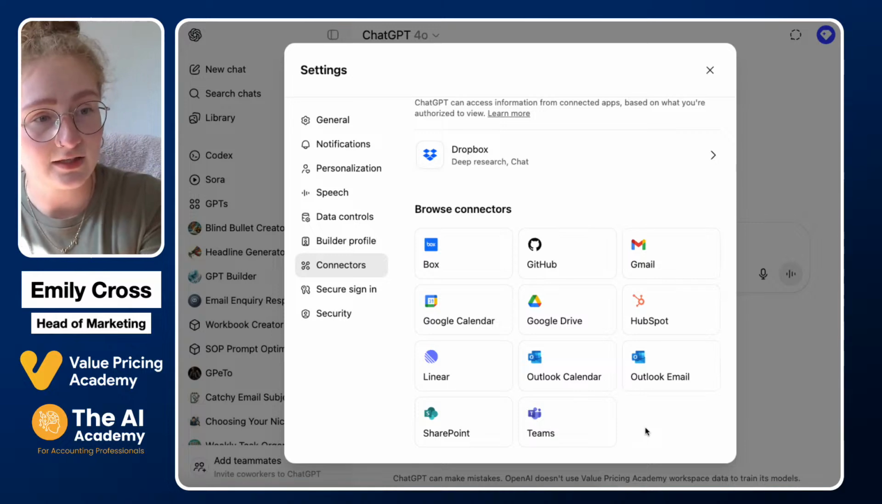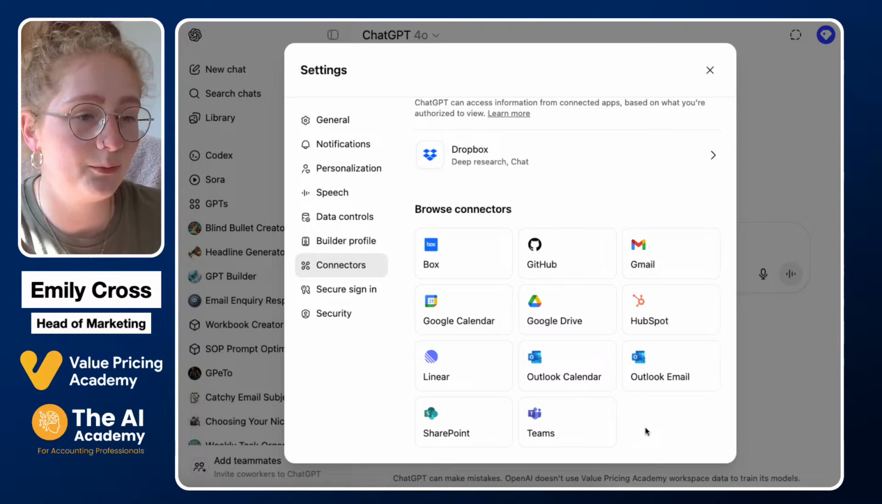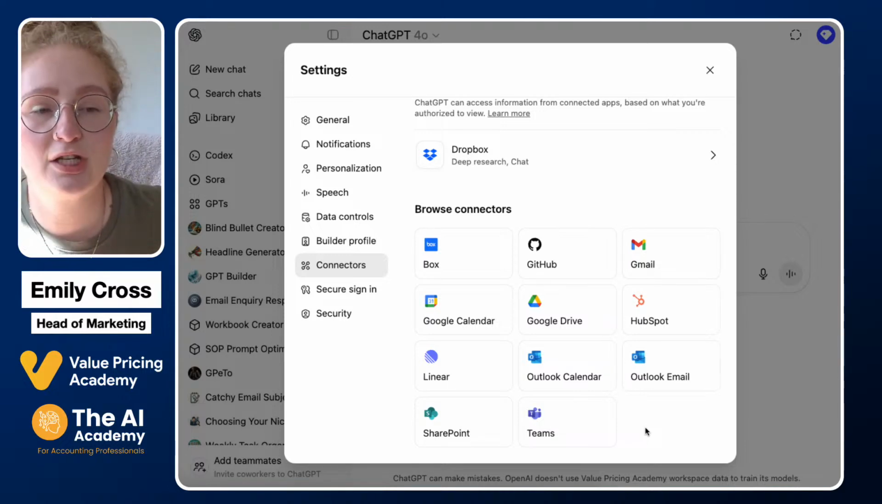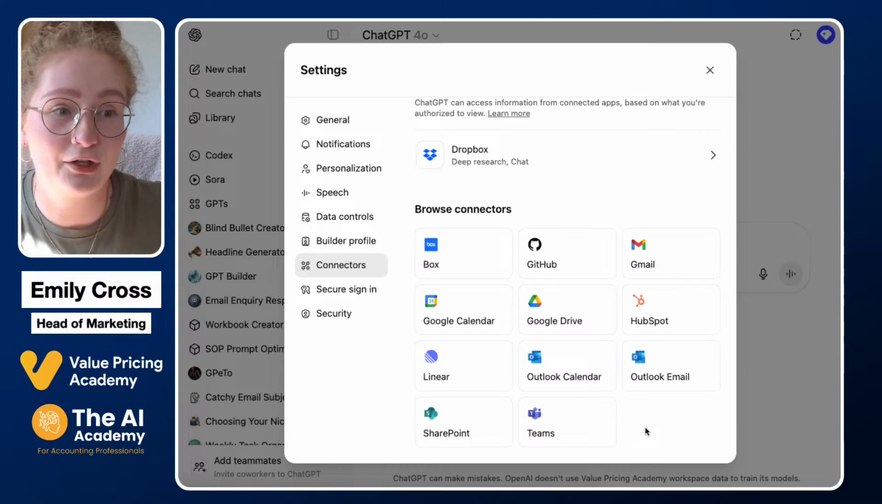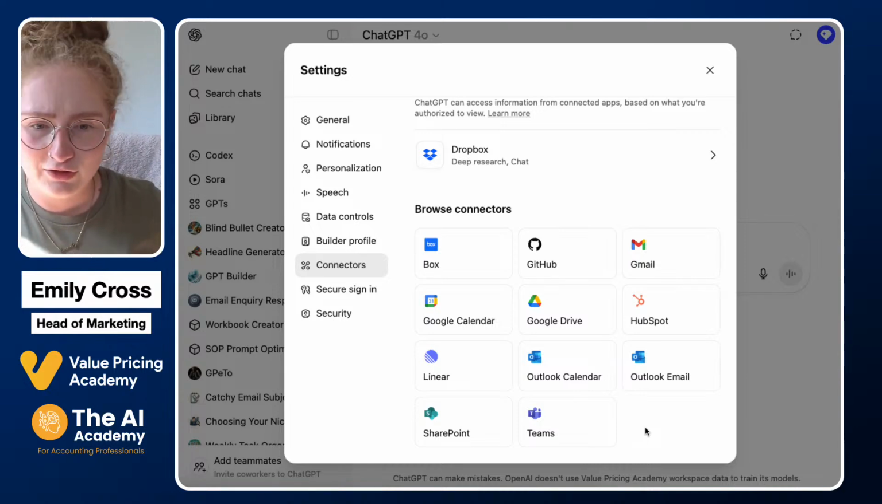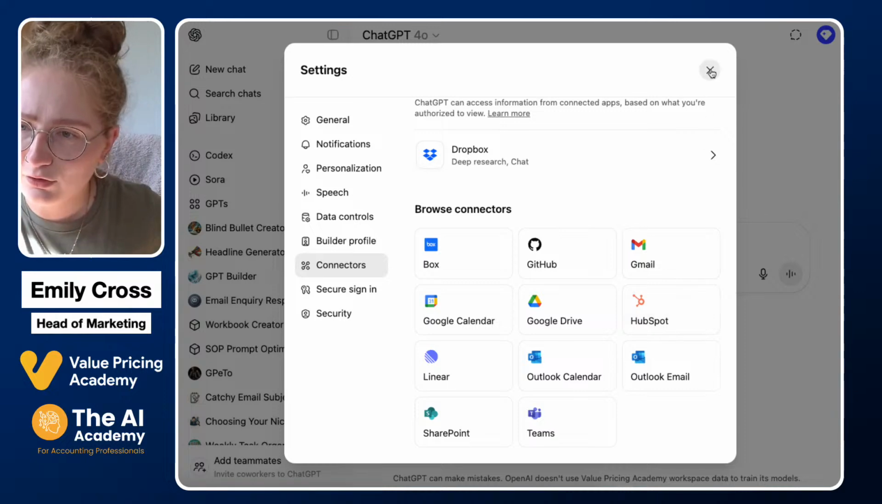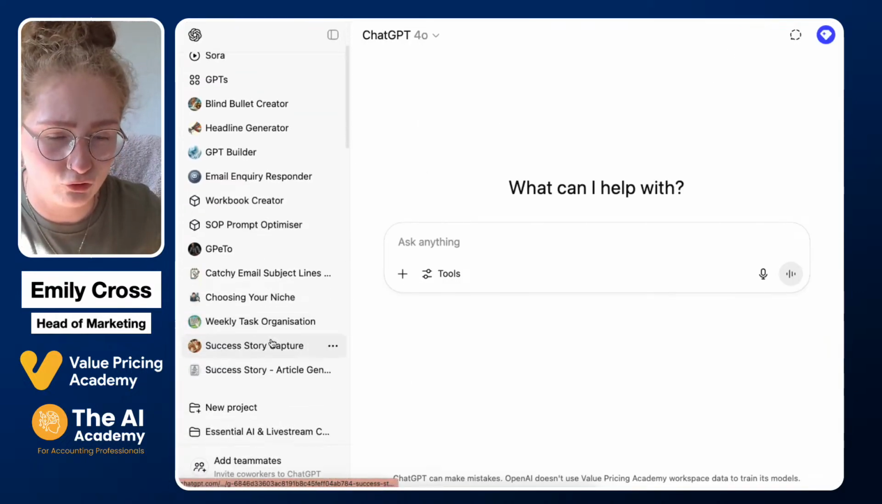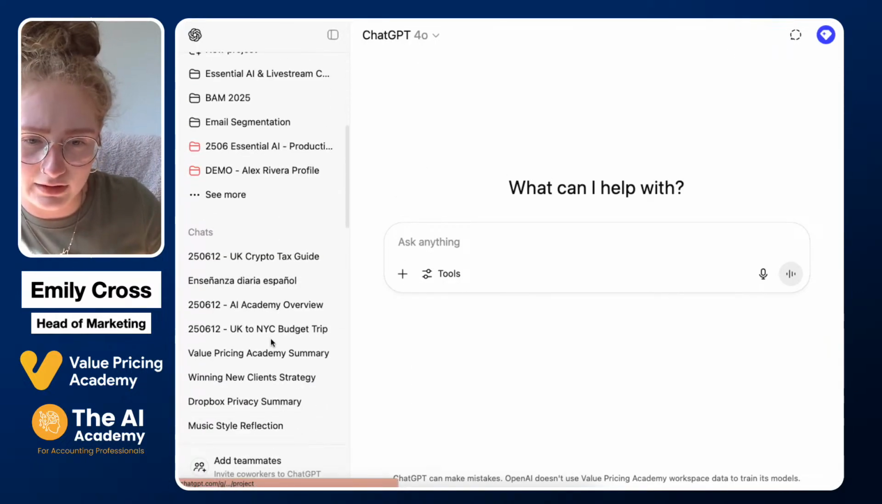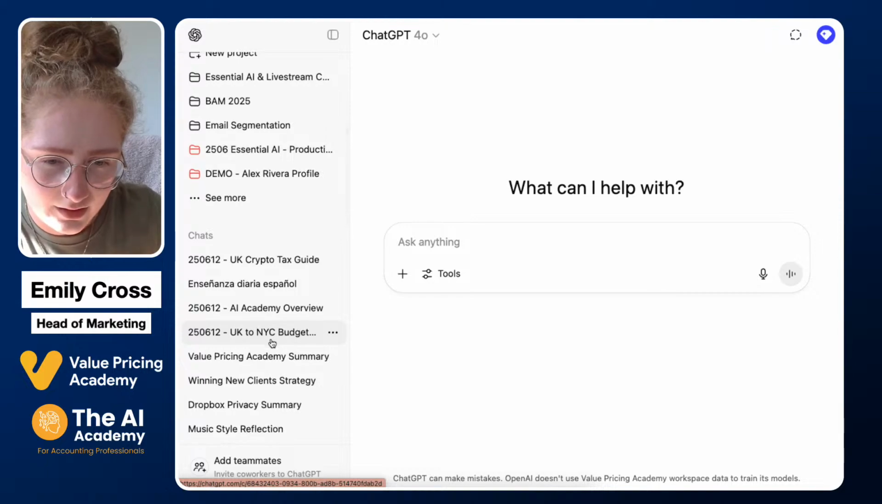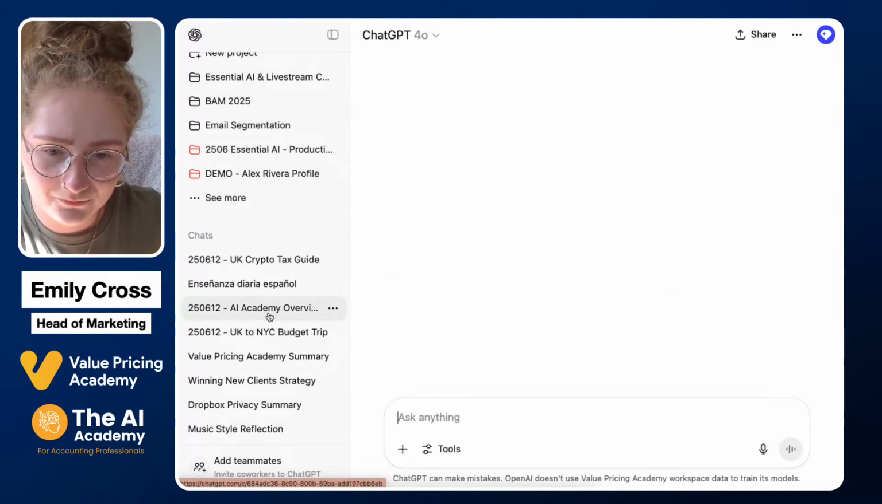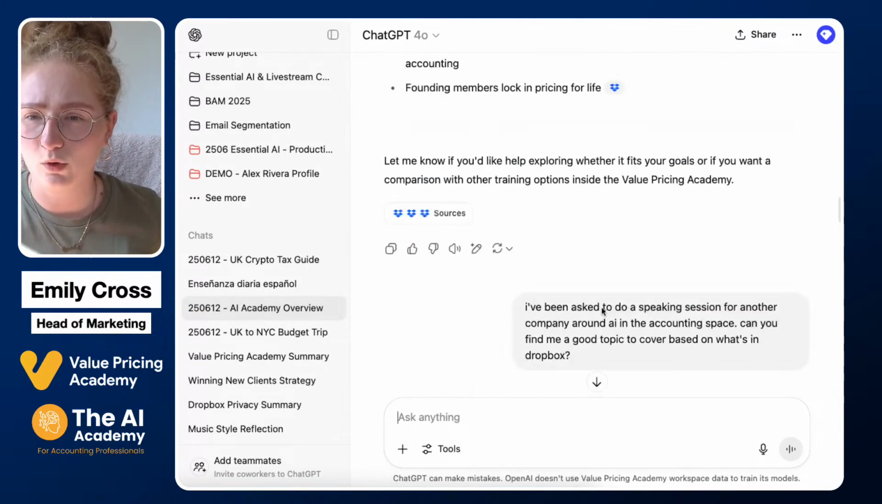I could give it access to Trello, and then it can summarize that information for me and bring that information into ChatGPT so that I can ask further questions about that. So that's going to be really, really powerful. I'll show you how it works with Dropbox, which is the only one that I've really been able to connect it with. So just to show you what this kind of looks like